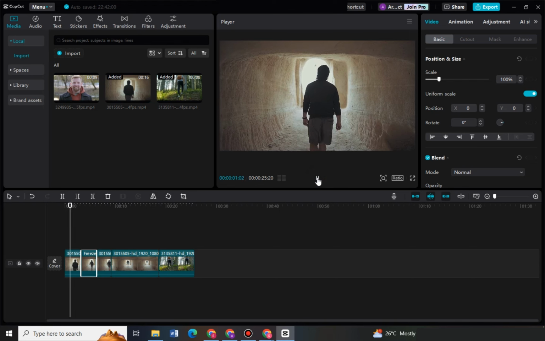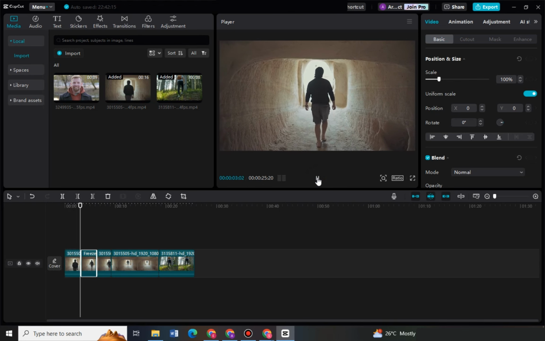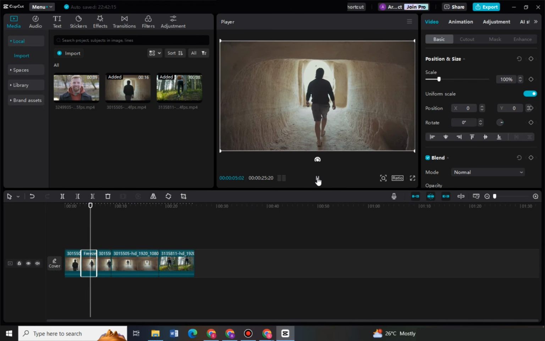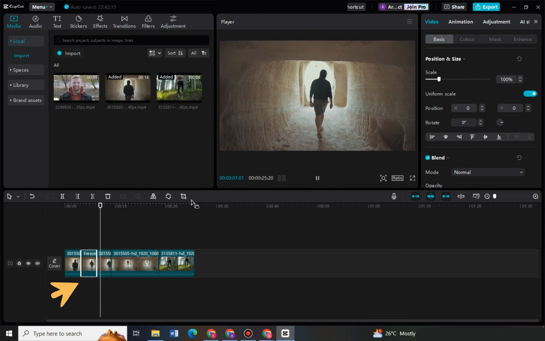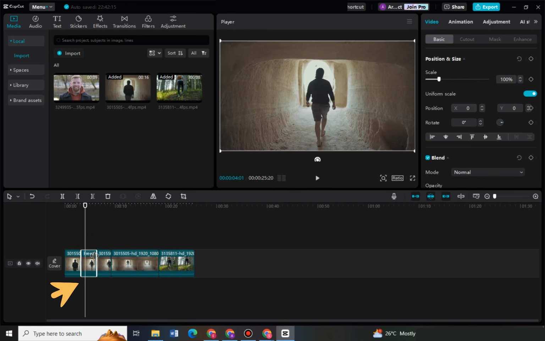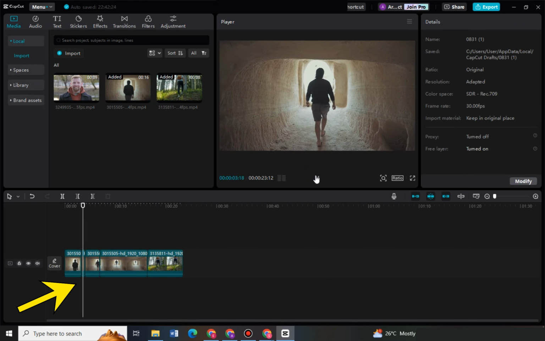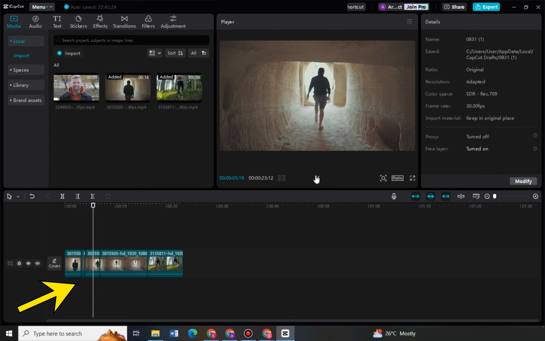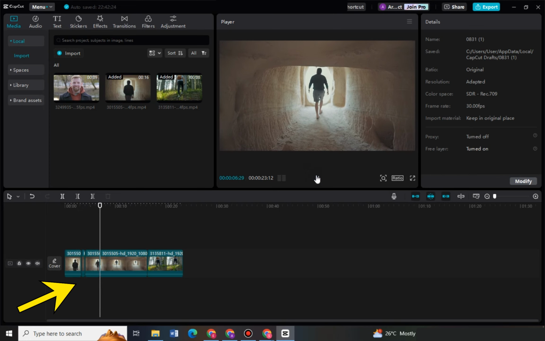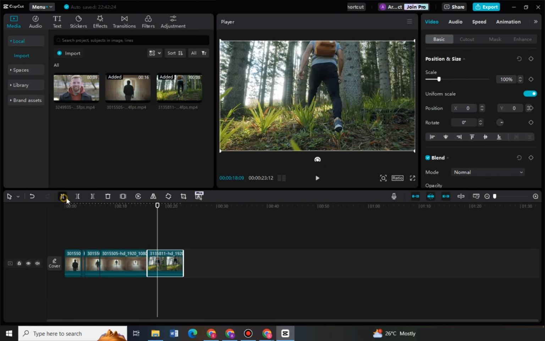Okay, so when you run or start playing the video, and in the sport option, you will see this freeze effect right here, and then the video will now continue. And you can also trim the length of the photo right here. So the effect is like a quick part of the video only. So that's it. You can also do this to other part of the video, like just say this one, split,